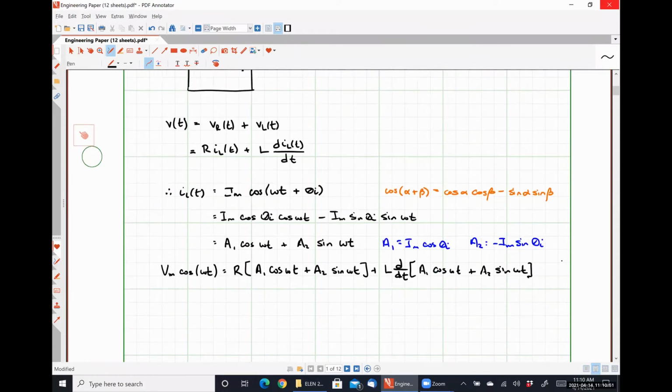And if we perform the indicated derivative, that gives us